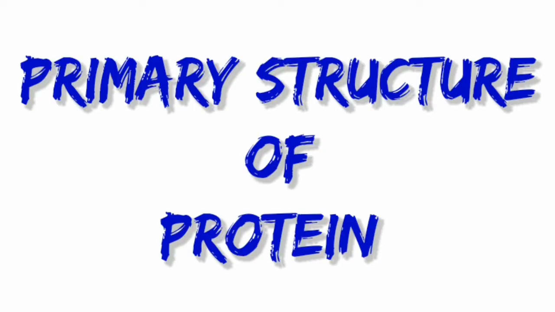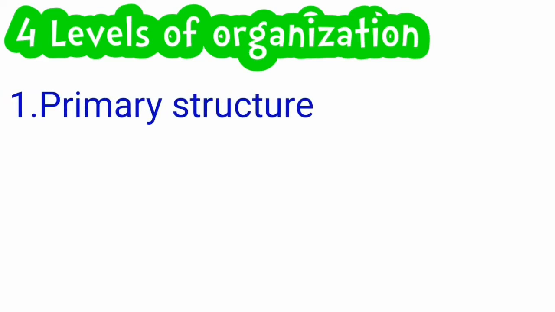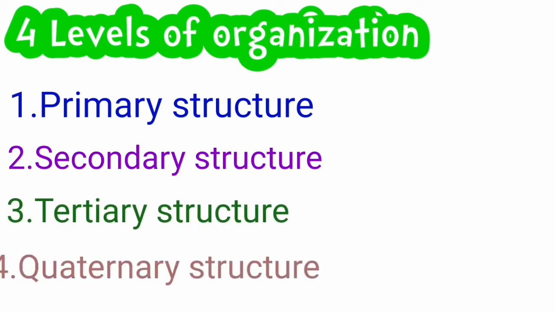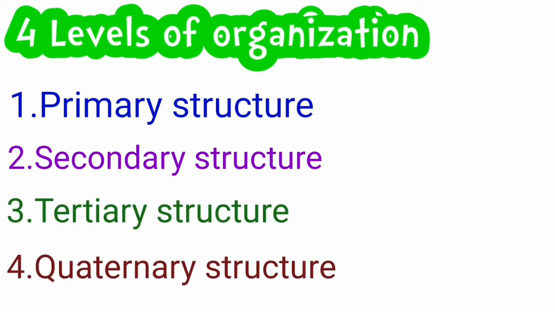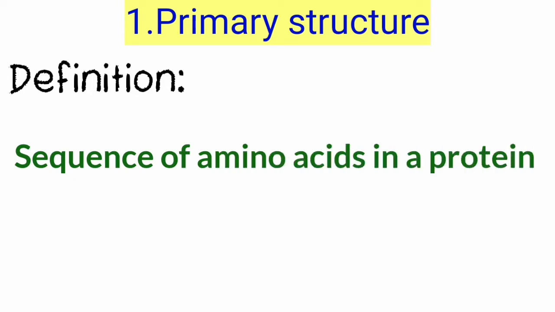This video is about the primary structure of protein. In general, the structure of protein can be classified into four levels of organization, that is primary structure, secondary, tertiary and quaternary structure. So primary structure tells us about the sequence of amino acids in a protein or polypeptide